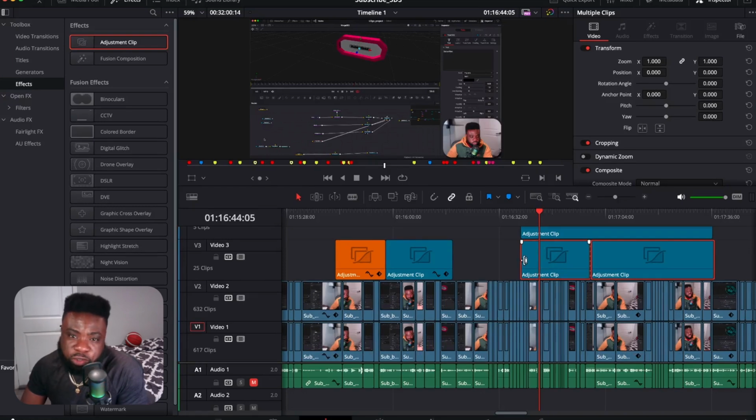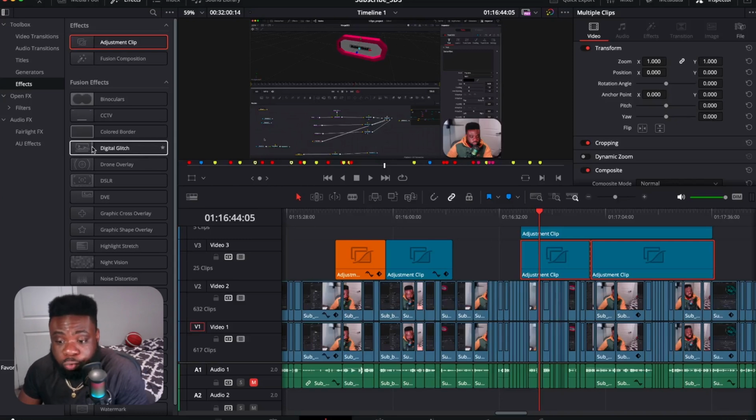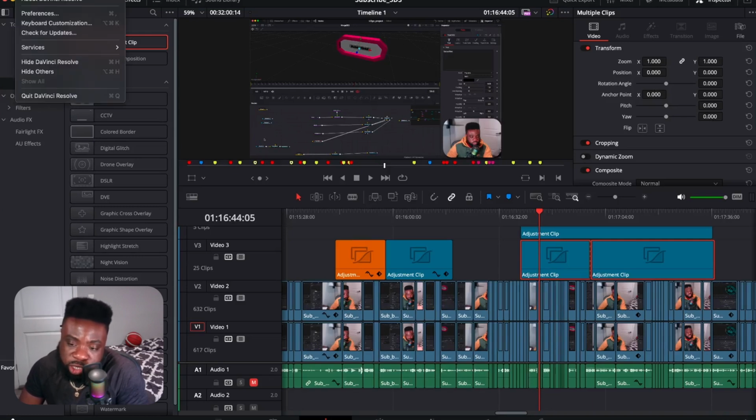Now let's go to the last one, which is customizing shortcuts. This way we're going to combine every other method into one. What do you mean? Let me show you. So what that means is we are going to go to DaVinci and customize the keyboard. On the top left side, you're going to see DaVinci Resolve. Click DaVinci Resolve, click keyboard